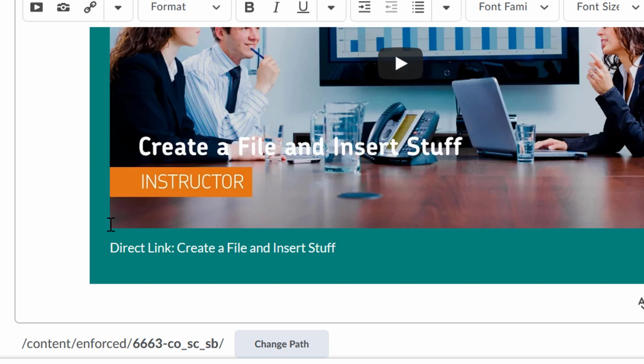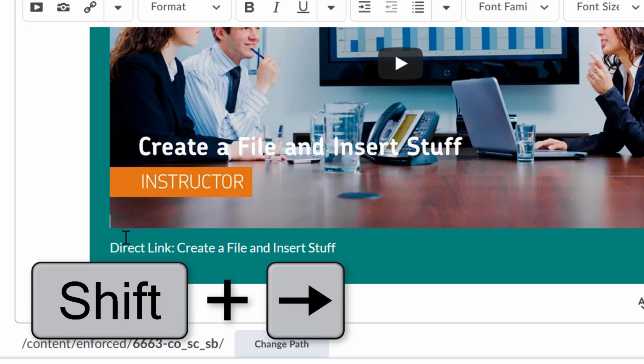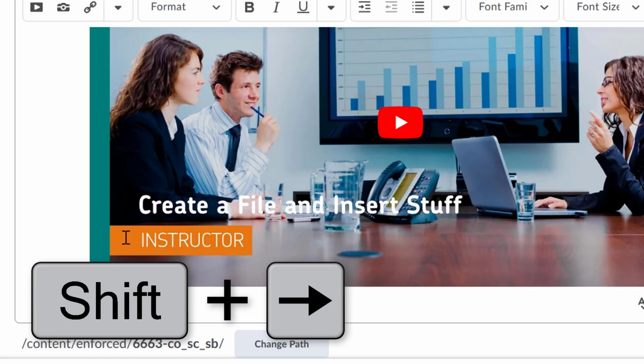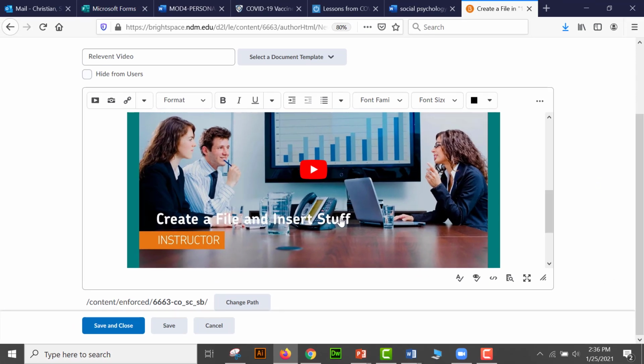sitting in here. If I click my mouse just to the left of it, I can see my cursor is sitting next to the video. So I want to highlight the video like I would highlight a sentence if I'm using Word. So if I hold down Shift and just hit the right arrow, my screen jumps a little bit, and that means that this video placeholder is highlighted. So when I go to Insert Stuff,